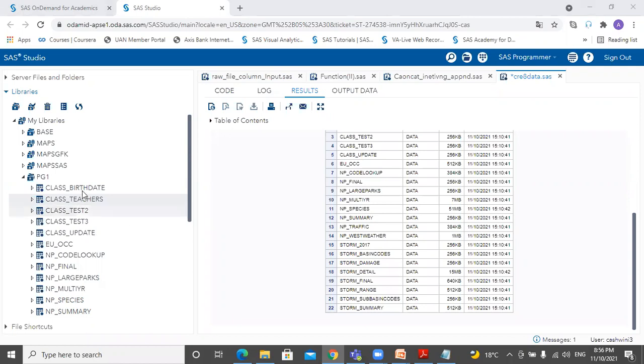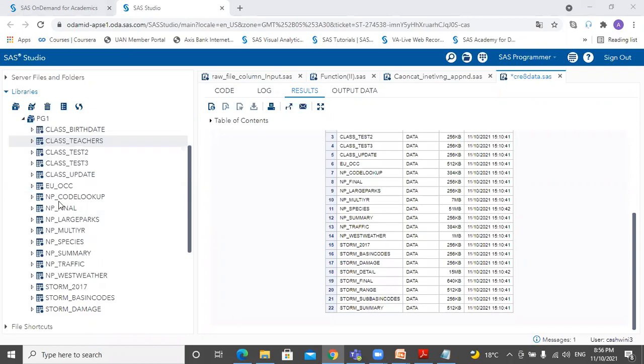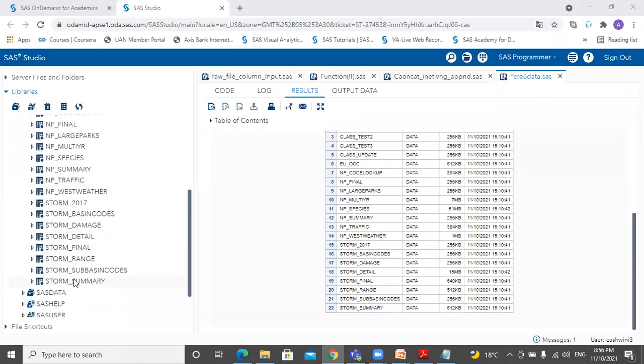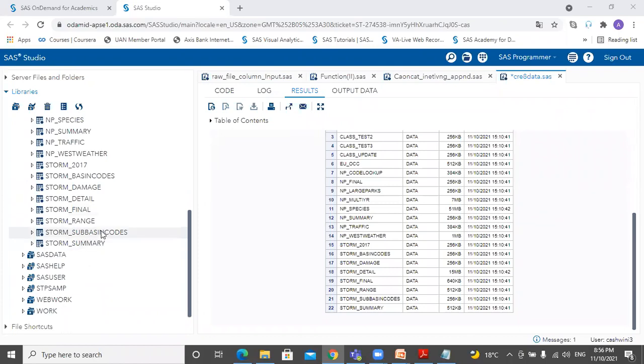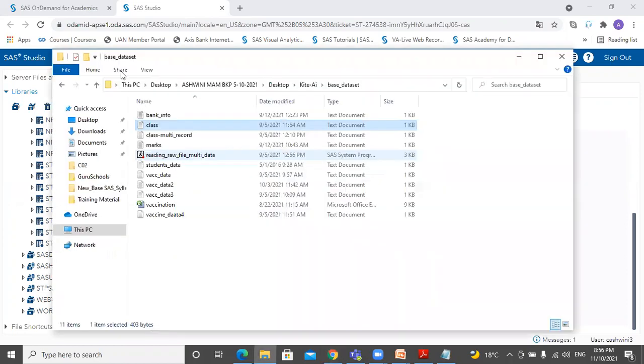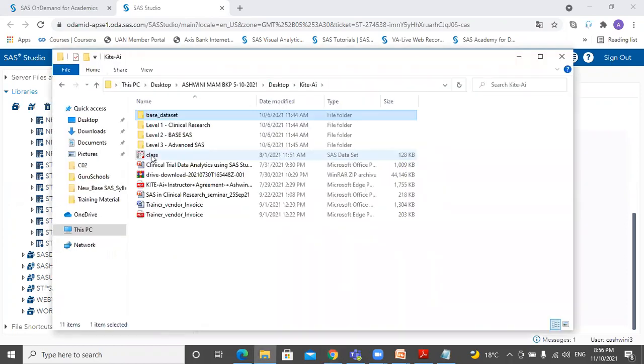so this is all our defined data sets. If you check these data sets, they will all be saved as .sas7bdat. So this is the structured data. I'll show you how it looks once it is saved on an external drive. If you see this extension, it shows that it is a data set with .sas7bdat.